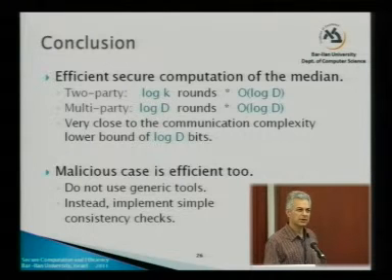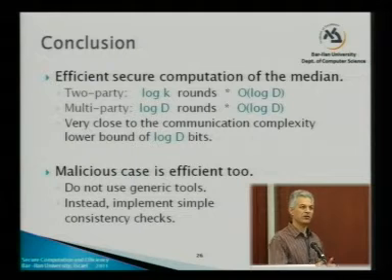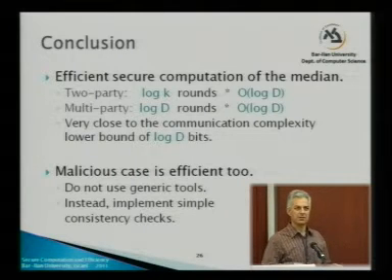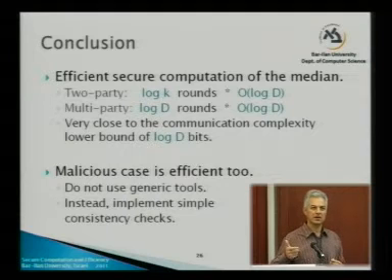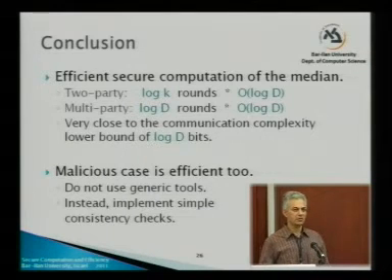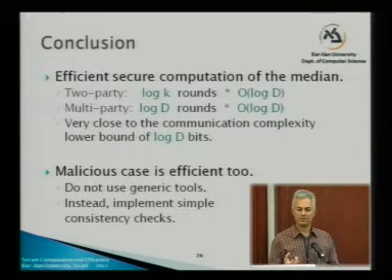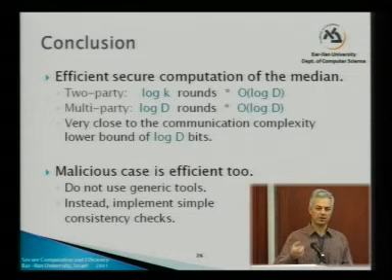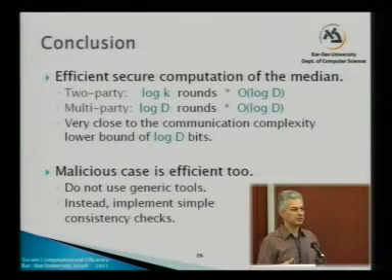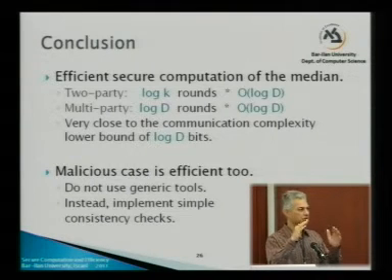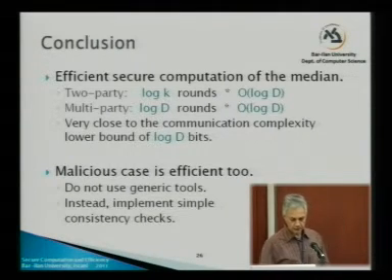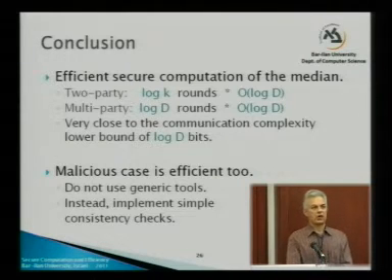One approach to the malicious case was to use the GMW compiler for all the computation we did, basically proving with zero-knowledge proofs that everything we do is according to the protocol. Instead, we only need to do this transformation to a protocol secure against malicious adversaries for the comparisons, and add these boundary checks as I described before. Okay, so that was the